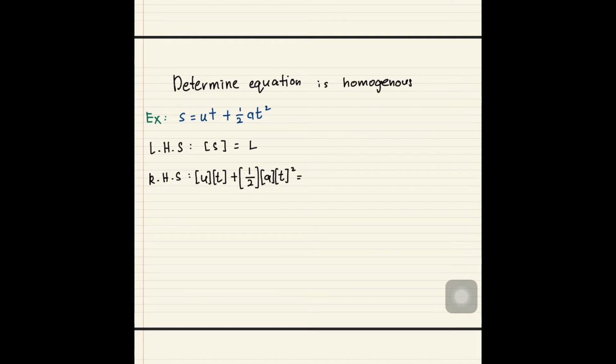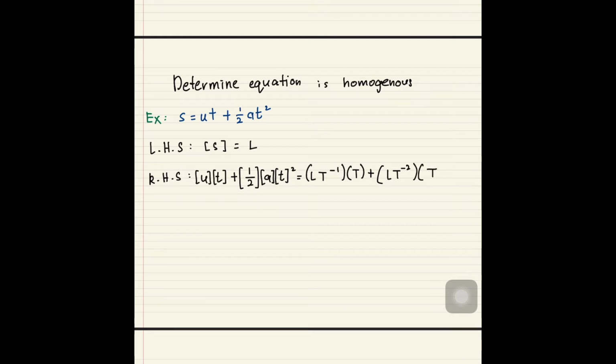now I want to substitute the dimension. ut is basically LT minus 1. Oops, forgot to change. So this one is LT minus 1 multiplied with the T, fine, and then this one is plus, which is half at squared. I can ignore the half because we only want to consider the dimension. So it will be LT minus 2